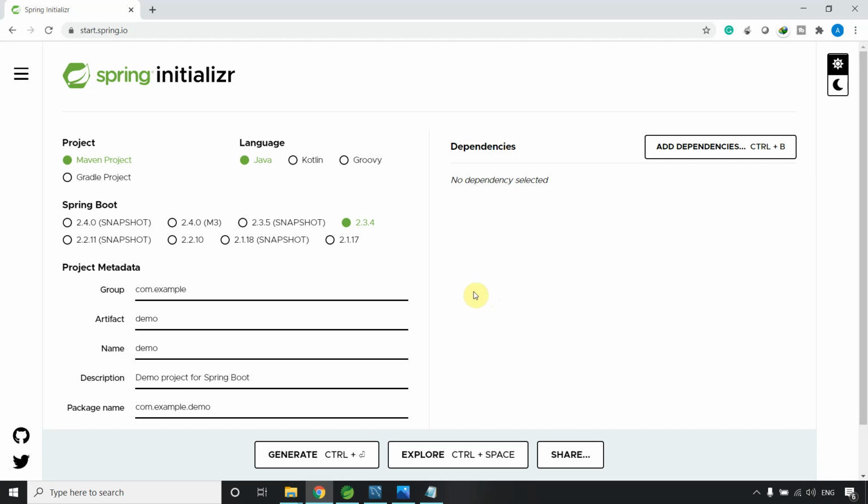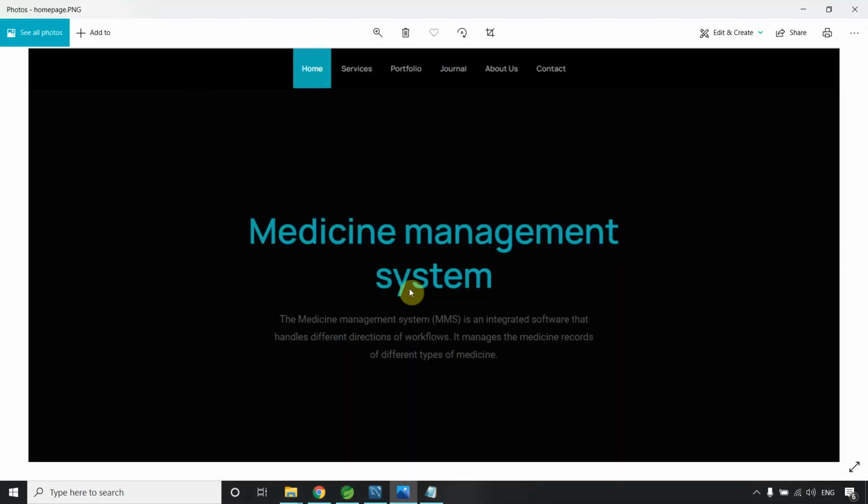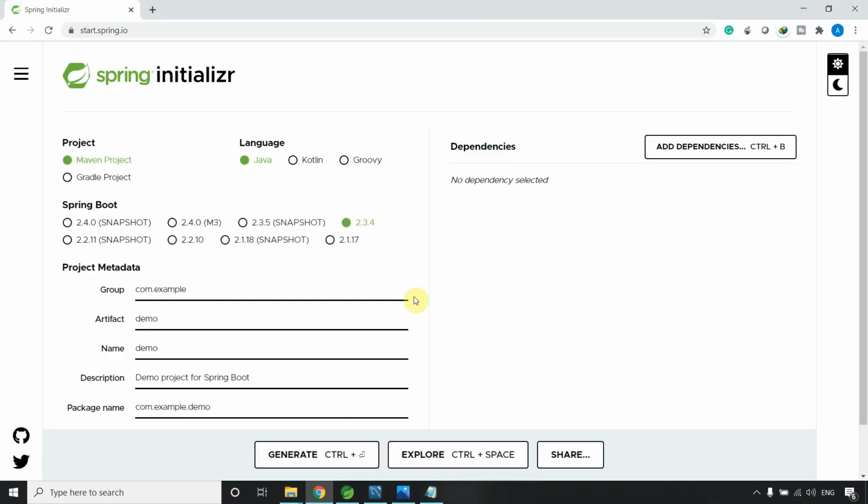Let me show you the output after this first video, what you are able to make. After the first video you will be able to make something like this homepage, somewhat related to this.